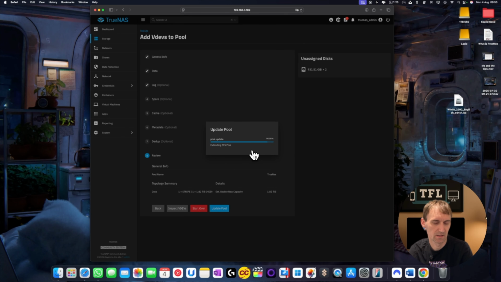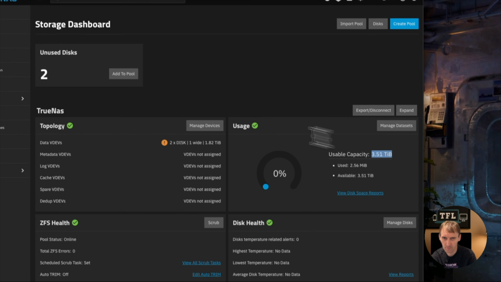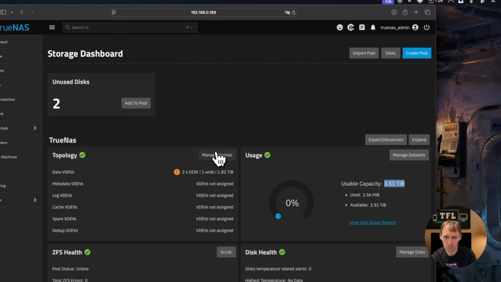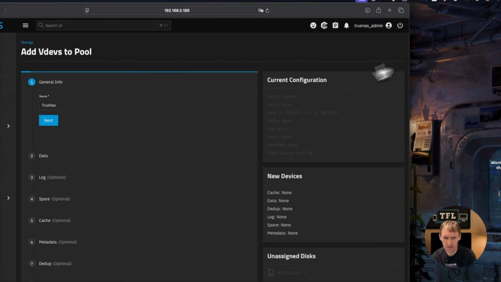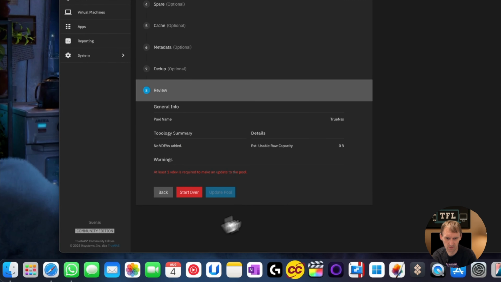Would that make it like TrueNAS? Yes, so usable storage 3.51. So cool. So now if I add another one and I add the last one here,